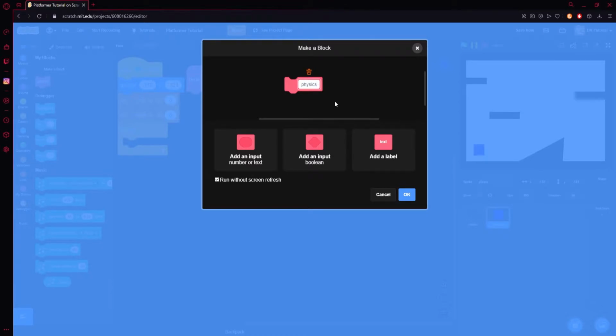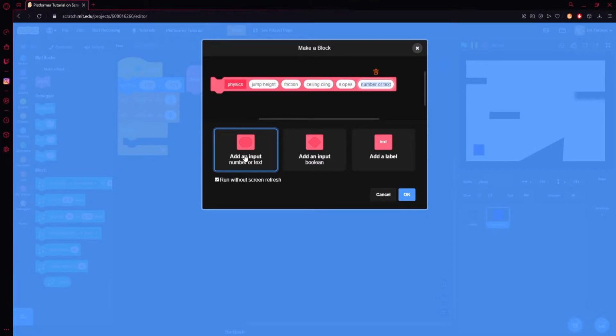So physics, what we're going to do is grab an input and call this first input jump height. Grab another input, call it friction. Another input, we'll call it ceiling cling. Another input, slopes. Another input, wall jump